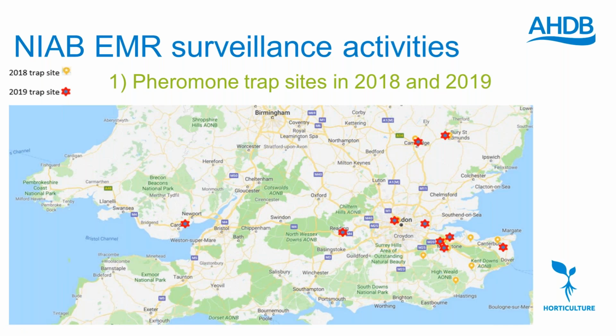So I can summarise very quickly the results of all this: we have not caught brown marmorated stink bug in the UK so far using these pheromone traps. So that's good news, but it's also good news that we have not caught other native UK shield bug species, which also would have aggregation pheromones, and sometimes these pheromones can be very similar between different species. So it's good that we're not getting bycatch of the native species that might interfere with any future